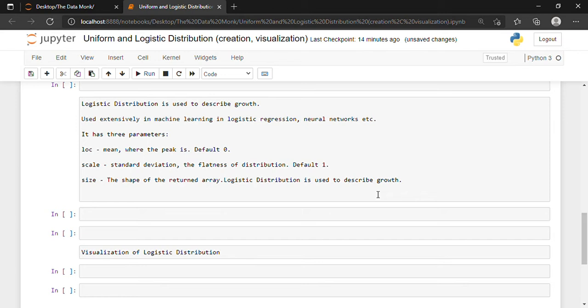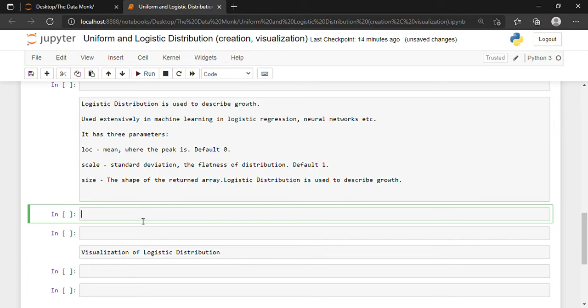Let's say, for example, I want to draw 2 by 3 samples from a logistic distribution with mean 1 and standard deviation 2.0. First let me add a comment line so that you don't forget while writing the code. Many times people tend to forget what they are writing the code for.